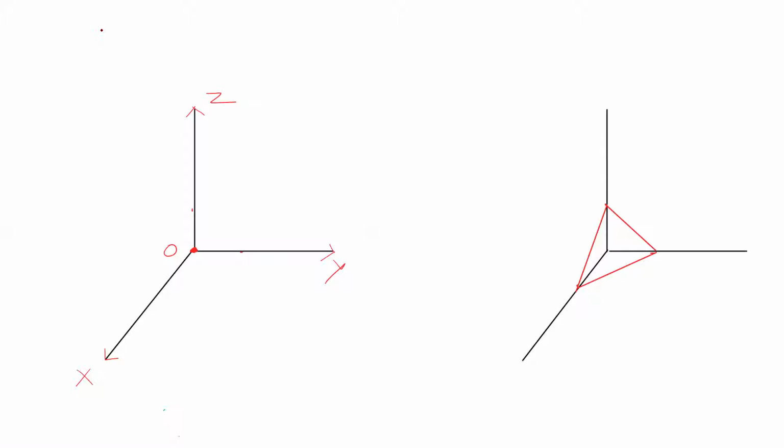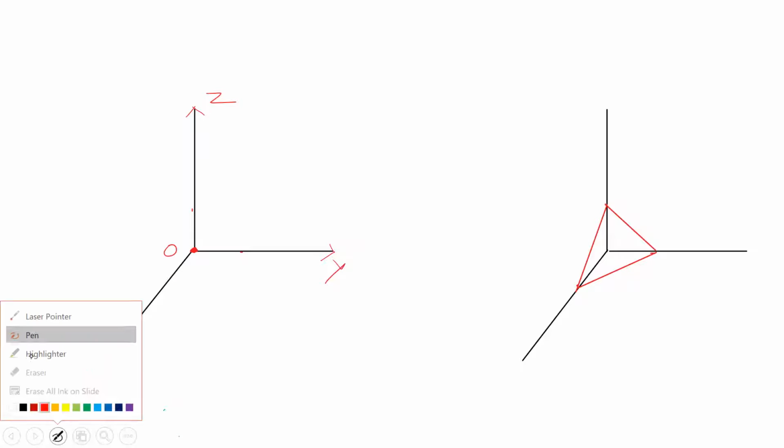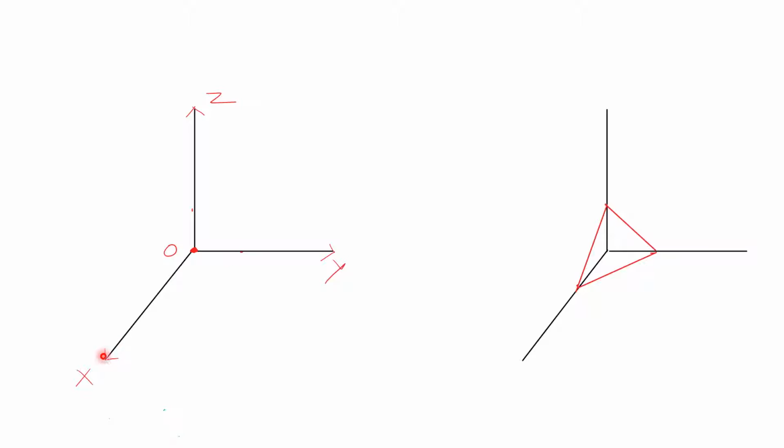Face of a crystal. For the face of a crystal, we will take three axes of a crystal. Whatever the crystal you take, it is a lattice, in the sense a three-dimensional arrangement. So we have considered three axes: x-axis, y-axis, z-axis, and the origin is O. This is called the unit plane. We are considering a unit plane in order to go for Miller indices.